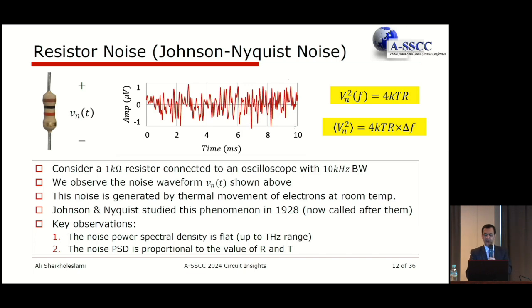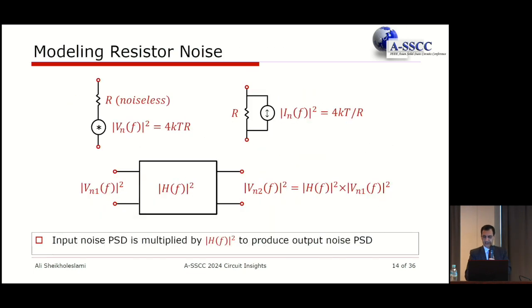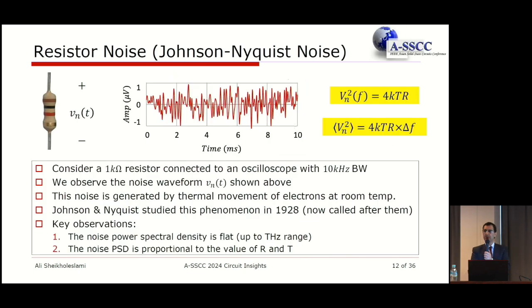In fact, if you look at this, this is again power spectral density. So to turn power spectral density into power, you need to integrate it over frequency. So depending on the frequency of interest, if you have delta F, you need to multiply that by delta F, and this becomes the equation. That is the total power of the signal that you observe if you limit the frequency to delta F: 4kTR delta F. That's the formula that you should probably memorize if you're going to work on circuits.